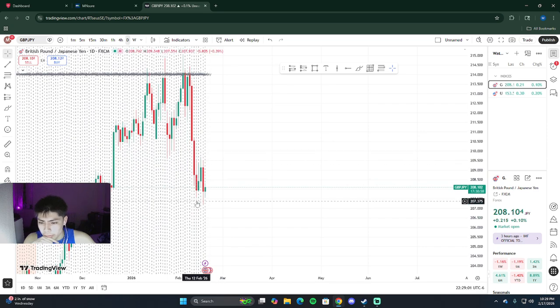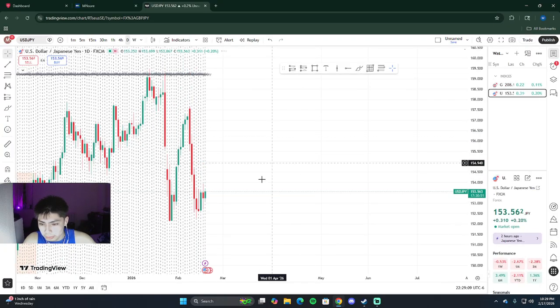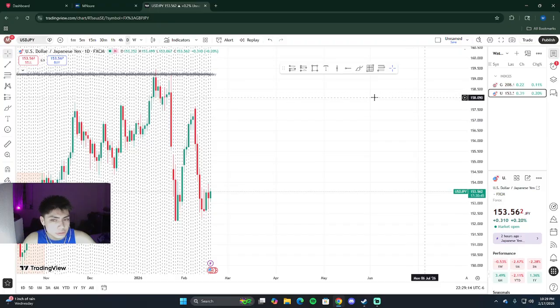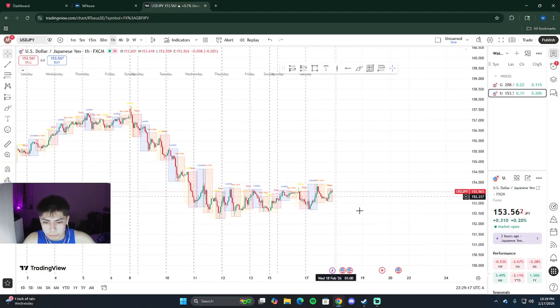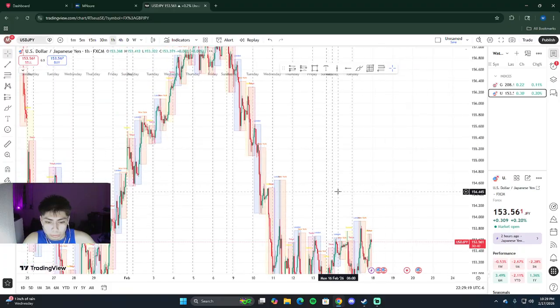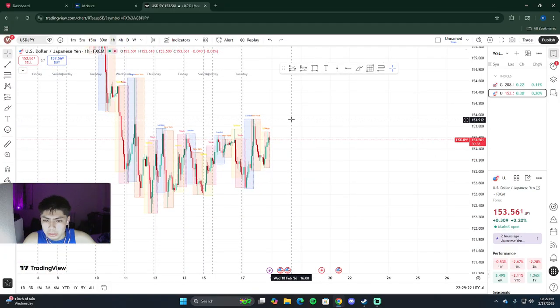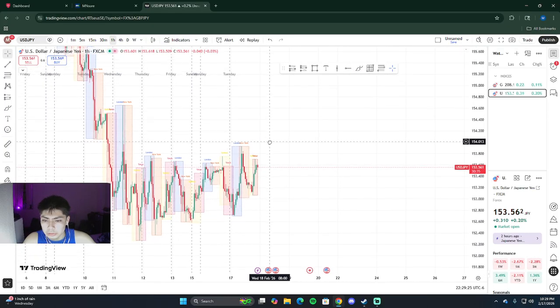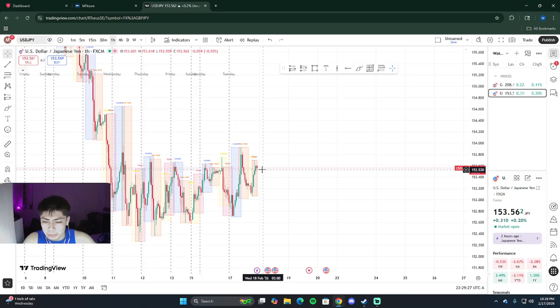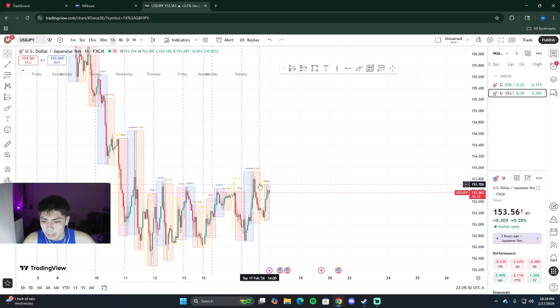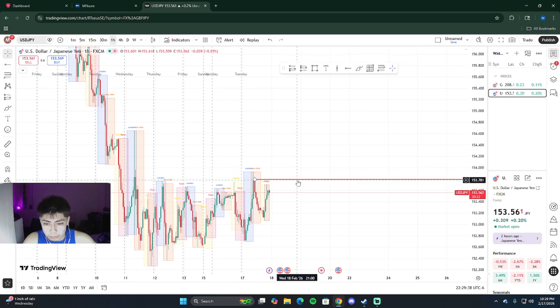We have the sweep of liquidity right here. Should be going up. We have a bullish daily bias, a little bit more bullish here. Let's check the markets on the 1 hour. So we have highs right here for previous sessions, both previous sessions. So that's a good marker.